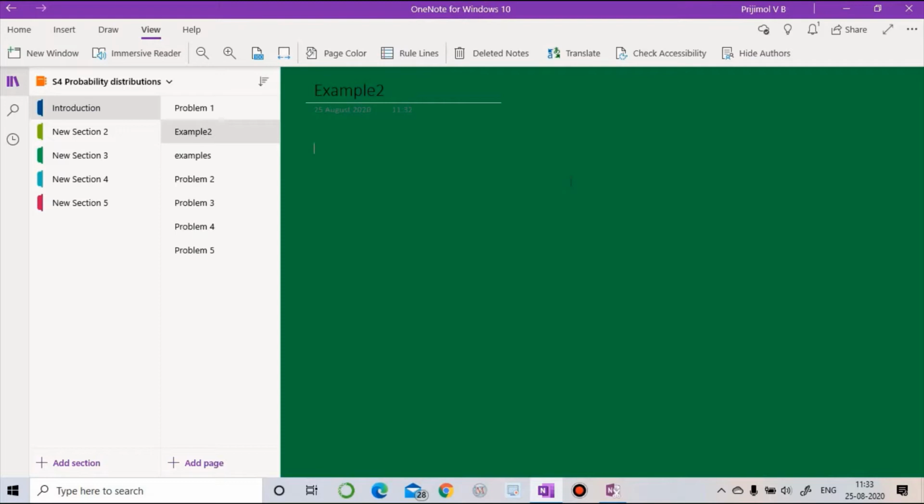And when you are writing on a green screen, make sure you change your ink to a white ink. Now it is at present a black color ink. Once you input your text, it automatically creates a text box. And one good advantage in using OneNote is that you can click onto anywhere you like.